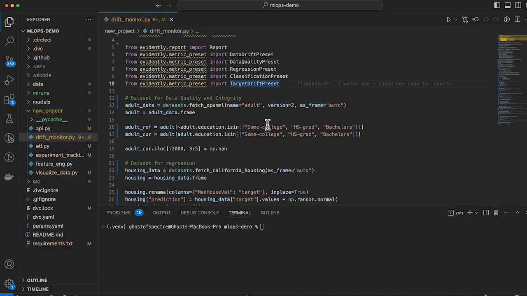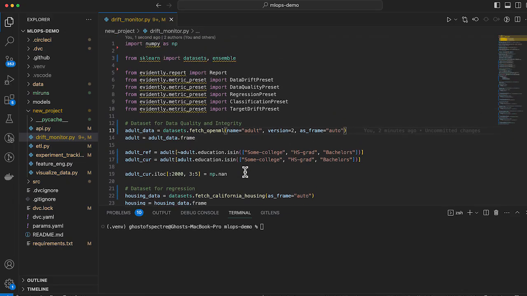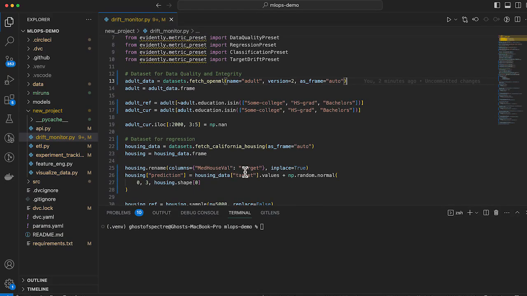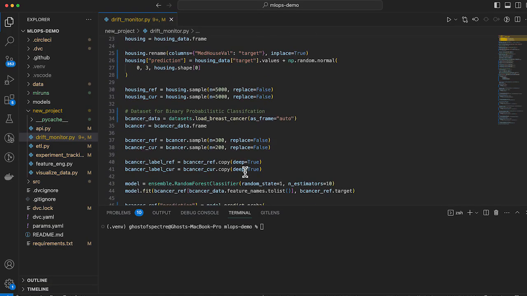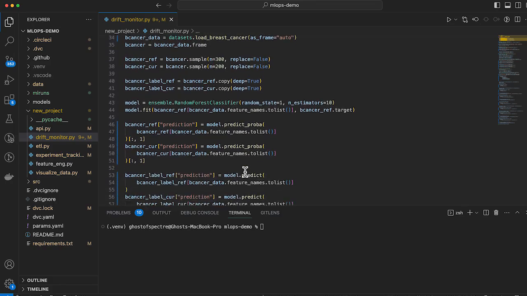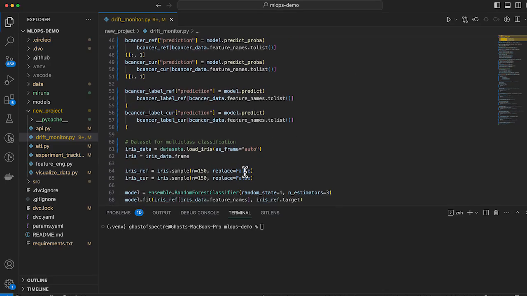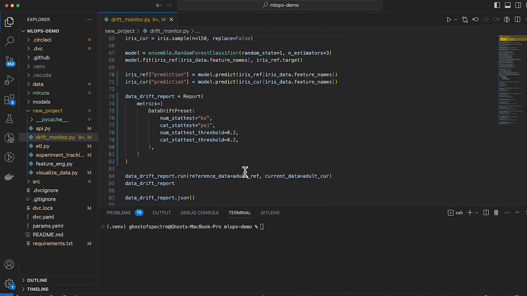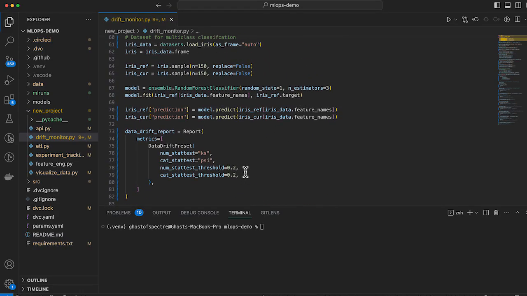So first you'll notice we import some data, and this is going to be like our ground truth. The data that we fetch, we're going to call that our ground truth data. So that's what we'll use to reference our production data against. So we've got all of these different data sets to establish our ground truth, and then we start to get into our reports finally.